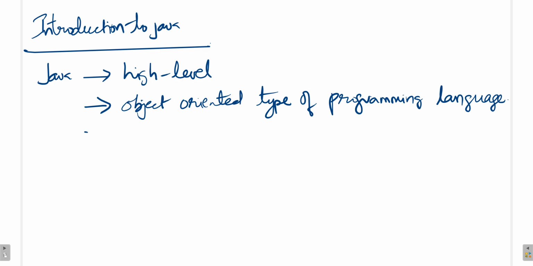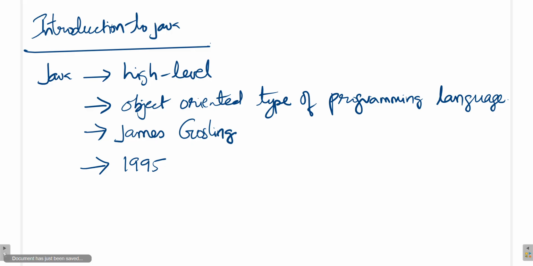And the third point is, it was developed by a person called James Gosling, in the year 1995, and C has somewhat influenced the Java programming.